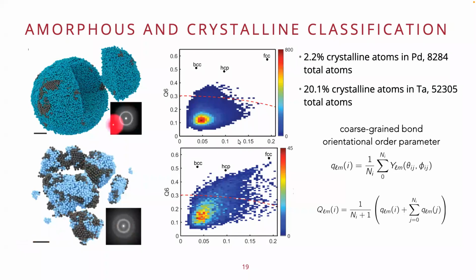Right, so this is a bond order orientational parameter, but effectively we're templating, right? We're projecting each bond onto spherical harmonics and comparing them to what those values would be for the crystalline phase. I don't know if it's hard to see in the back, but the crystalline phases are on the top of this y-axis, and all of our experimental data is on the lower left. Just to make sure that we're not overcounting our amorphous phase, we've drawn this